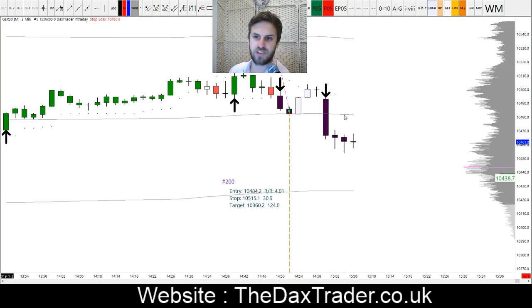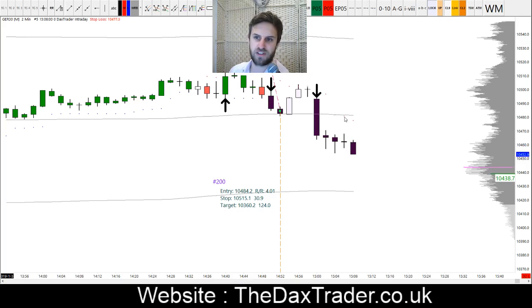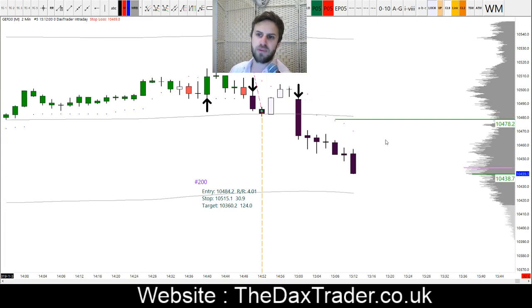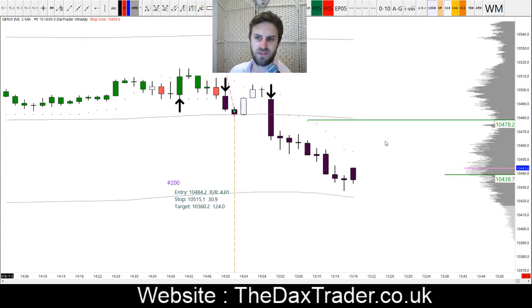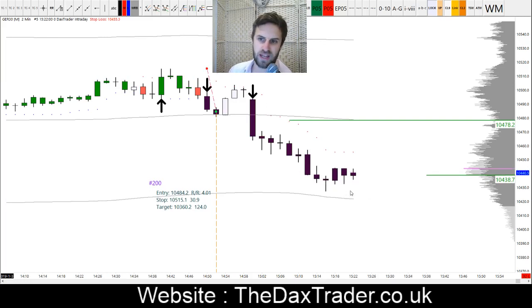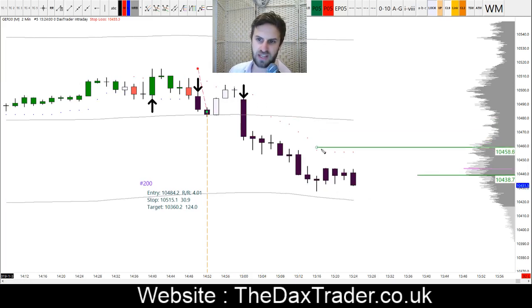So you would then, new one formed here, that's the second shelf back there, or the second level back there. A new one forms, it's lower than the previous, so you could technically say that that's your second shelf back here, and you're just trailing it behind the second one back. So each time a new one forms, you trail behind the second one. And I'm pretty much doing that until I get a deviation warning candle, which is where it's a yellow candle, and you just continue trailing it down,